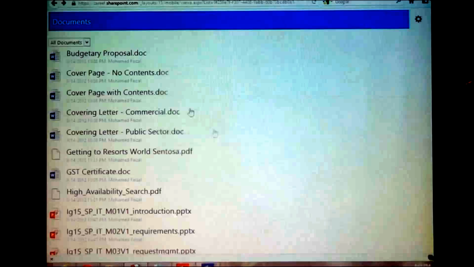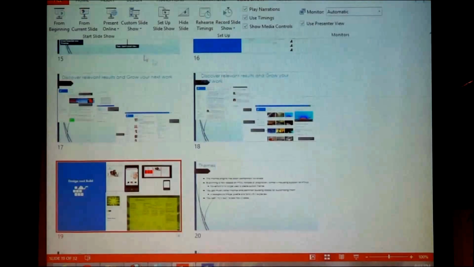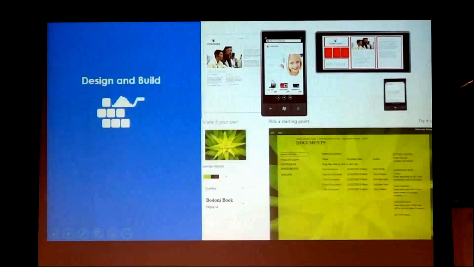So you can view mobile. That's one of the things that I was missing. So you can target the mobile. What I know is that they integrate very well with Windows Mobile 8. You can edit, you can do many things with Windows Mobile 8. When you come to iPad or iPhone or Android, some features are very limited. Another thing: this is not applicable only for Office 365. The things I showed you are also applicable for your on-premise infrastructure running SharePoint 2013, where you can just enable mobile view, and it supports it.